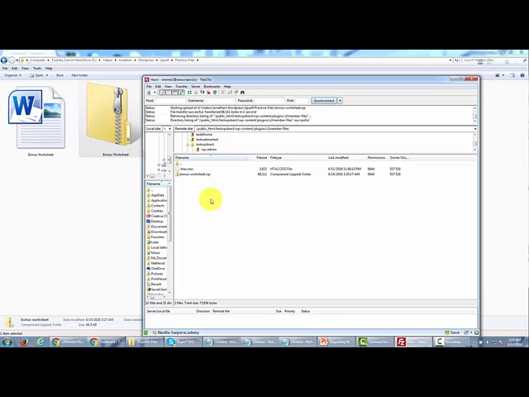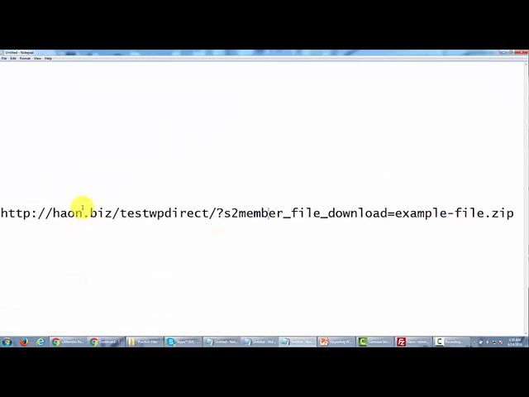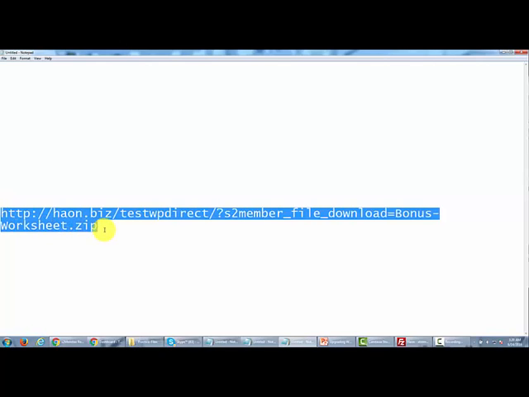So now what we need to do is name this link according to the convention that we talked about a minute ago. If you recall, we said that we needed to name the file according to our URL, according to that directory, with these words, and then instead of example file, we're going to put in the name of our file. So now what we have here is the file ready to be uploaded using bonus-worksheet instead of example file. So what we're going to do is copy this,